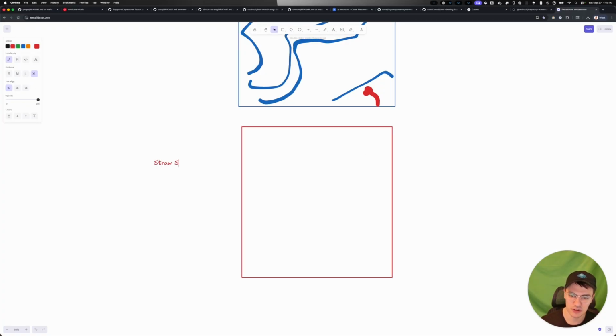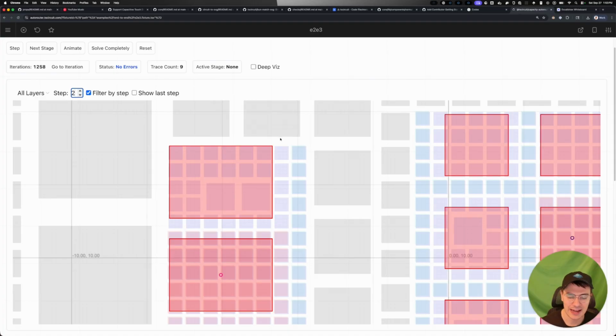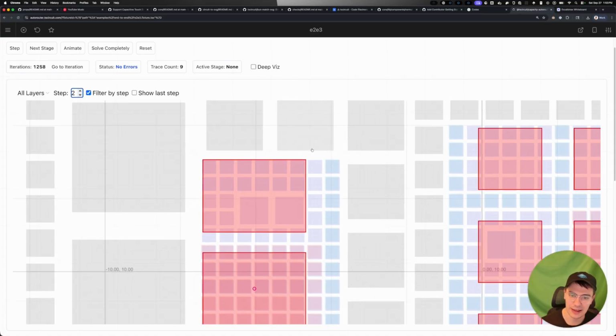So this is a straw solver. It says, I'm going to pick a direction. It's either going to go, all the traces are going to go this way, or all the traces are going to go this way. I'm going to create nodes that force any trace that enters that node to go straight through it. Okay. And this not only is better for space utilization, but it can also greatly simplify